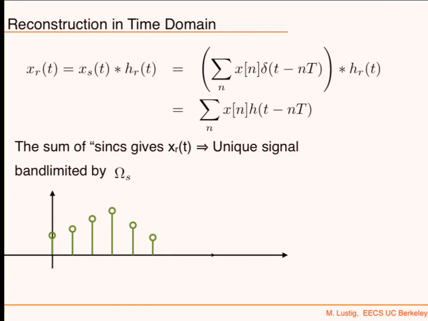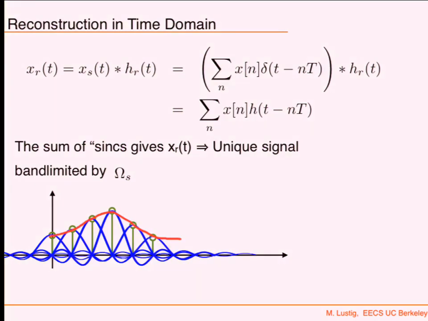Okay? So, in fact, the reconstruction is basically just putting a sinc over each one of your measurements. And that sinc has the nice property that it has zero crossings exactly on the other measurements, so they don't interfere with each other. Okay? And so on and so forth, and you build yourself your band-limited signal.